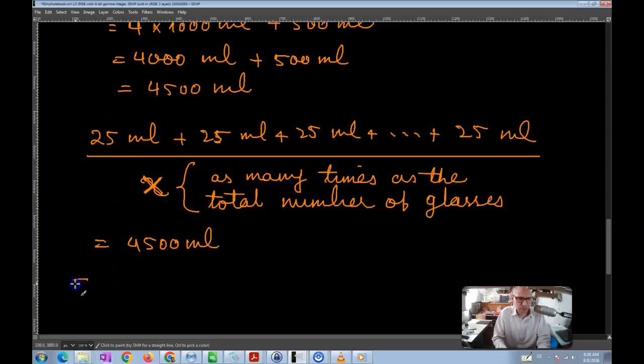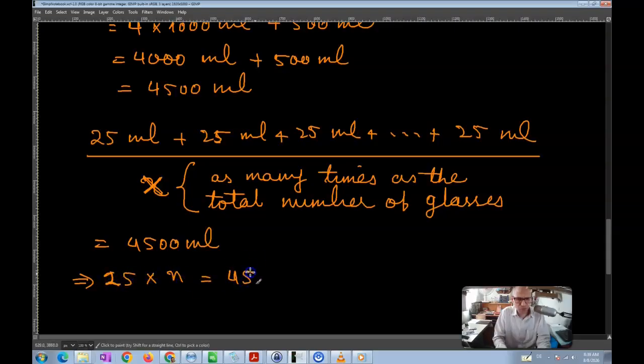that's the same thing as X times 25 milliliters, right? For example, if I add 25 to itself 5 times, that would be the same thing as 25 times 5. If I add 25 to itself 8 times, that would be 8 times 25. So if I add 25 to itself x number of times, that would be 25 times x,